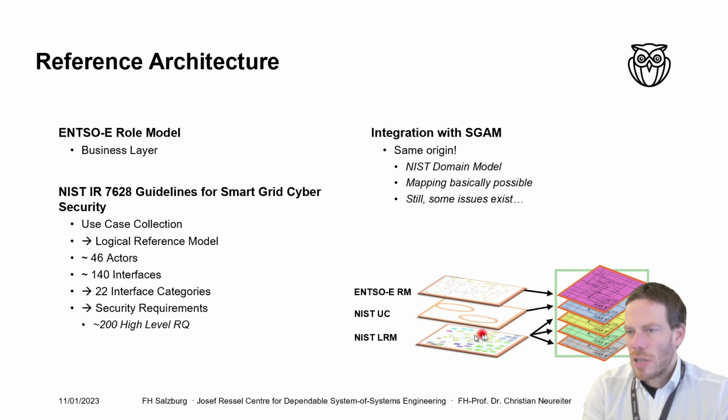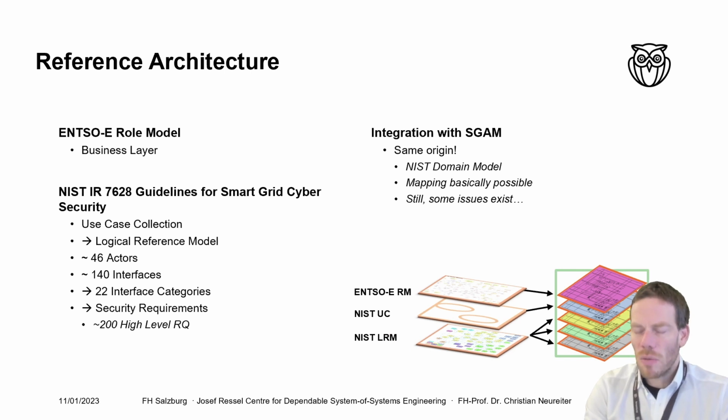On the function level, we could use the NIST use cases, which describe the functionality that is typically being realized in the smart grid. And for the lower three technical levels, we can use the NIST logical reference model to populate the smart grid architecture